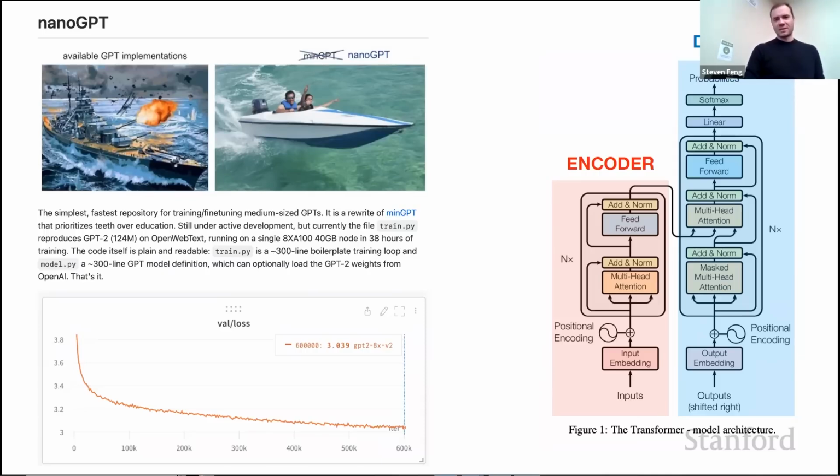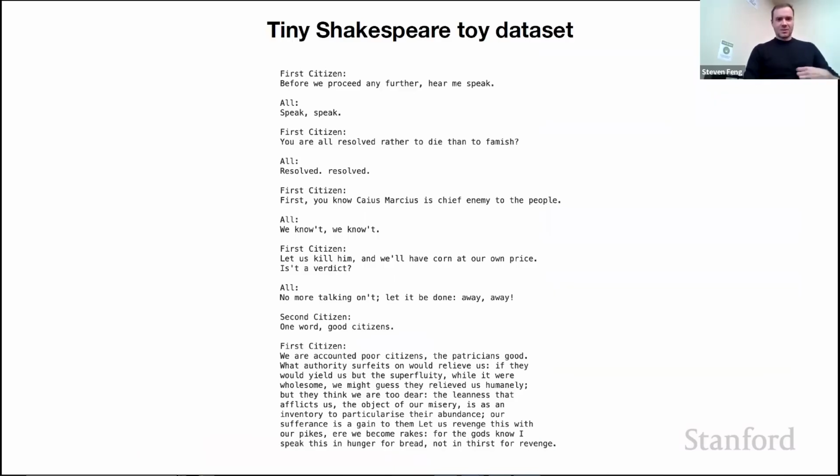Yeah, let me briefly step through it. So let's try to build a decoder-only transformer. What that means is that it's a language model. It tries to model the next word in the sequence or the next character in the sequence. So the data that we train on is always some kind of text.